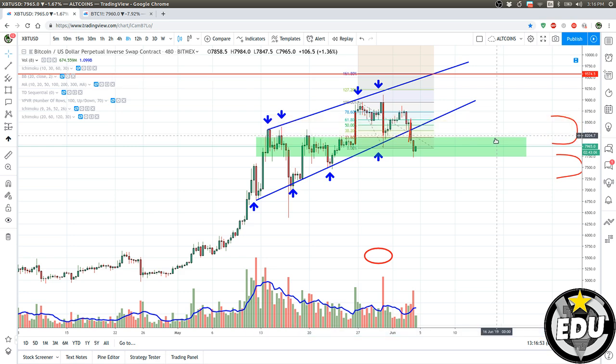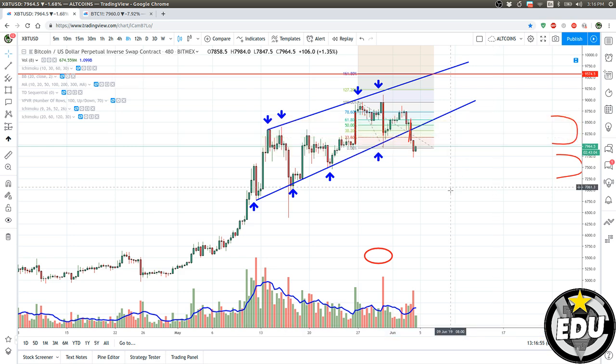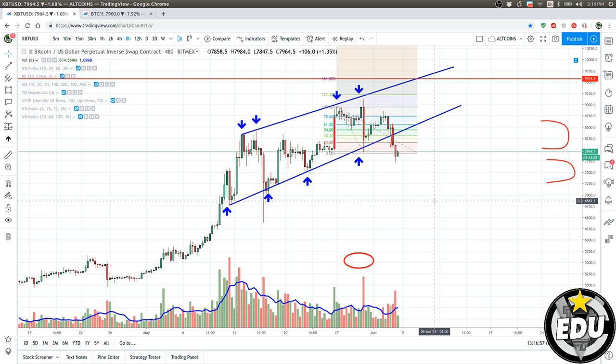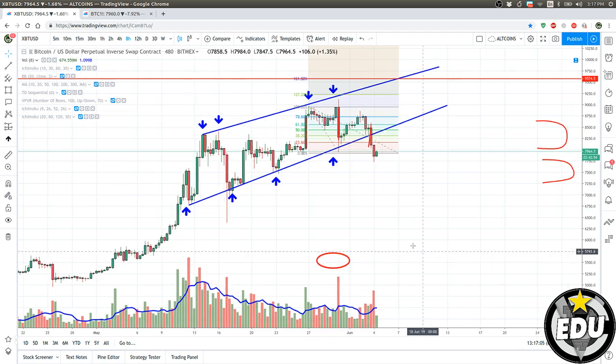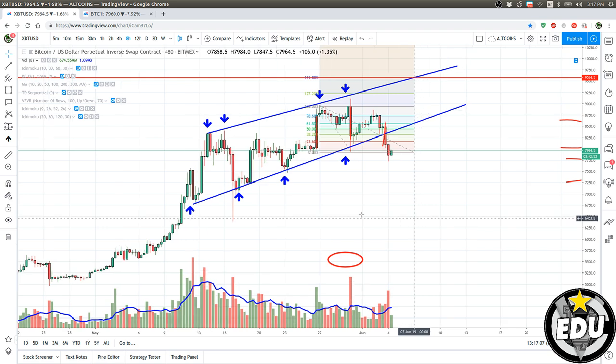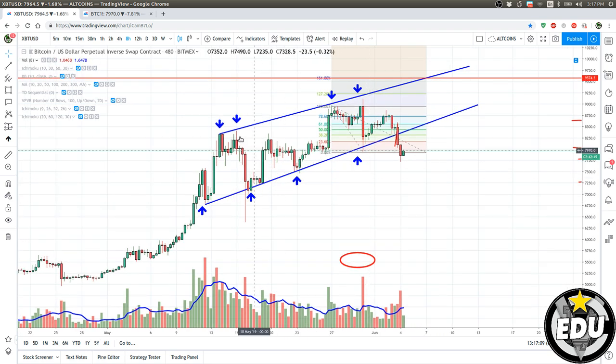What else can we see that is interesting? I was doing an analysis of the candles. Sellers are coming in, that's my opinion at the moment. Sellers are selling, that's for sure. We have a 30 million sell here. We had another massive sell today. Look at those red candles.